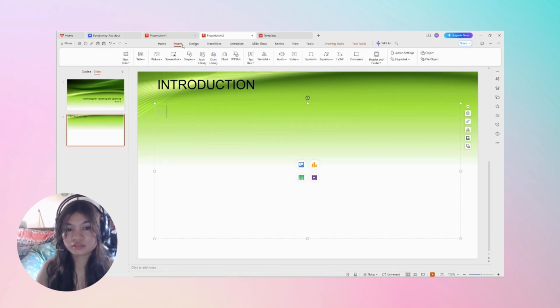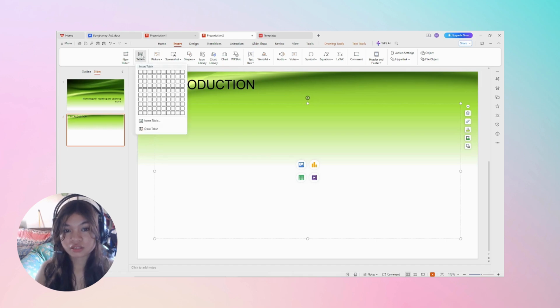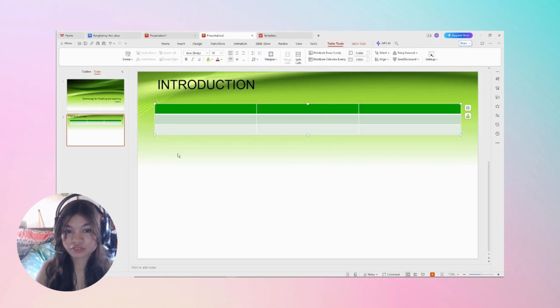And now I'm going to teach you how to put a table. So you go to insert and then you click here table and you can add as many as you want. Like for example, and that's how you do the table.